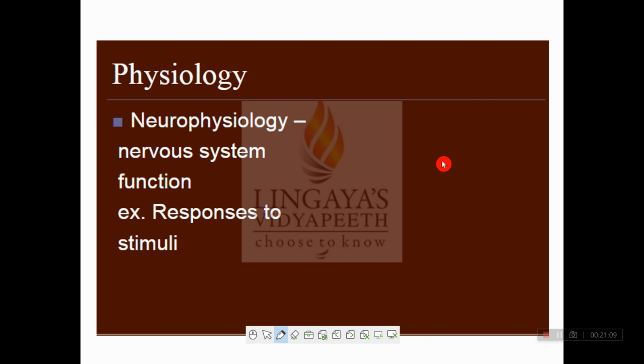Next one is neurophysiology. Neurophysiology is related to the nervous system, how the brain of any person performs its function. It performs control and coordination and provides responses to stimuli. So, how these responses are carried out in any organism, in any human being, comes under the branch of neurophysiology. Next one is